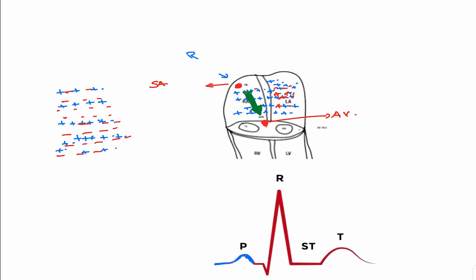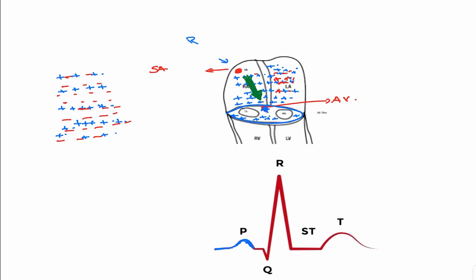Now the next is the annulus. We could see here there is the annulus, which is actually a fibrous band, and when all these impulses, these positive charges, hit on this annulus, it will just die out, because it's not a good conductor, except for those hitting the AV node. So this is the AV node, the red one which I drew. Those hitting the AV node, the impulse further spreads into the ventricle. So this is the ventricle.